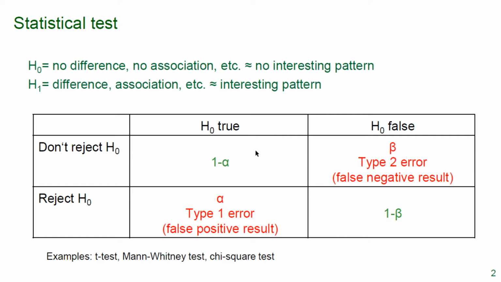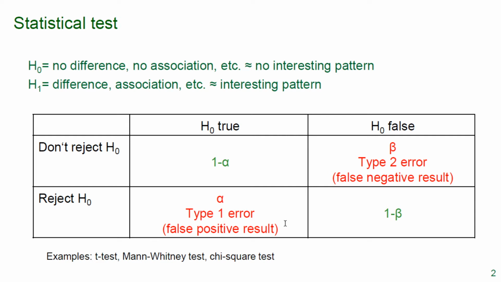Unfortunately, statistical tests make errors. They may fail to reject H0 even if H0 is false, which is denoted as type 2 error. This is a very important issue for scientific practice, but we will not focus on this issue in this lecture. In this lecture, I will focus more on the type 1 error, which is directly connected to the problem of fishing for significance and publication bias.